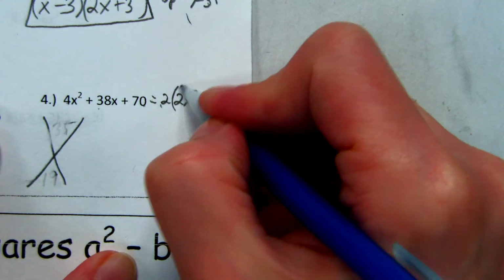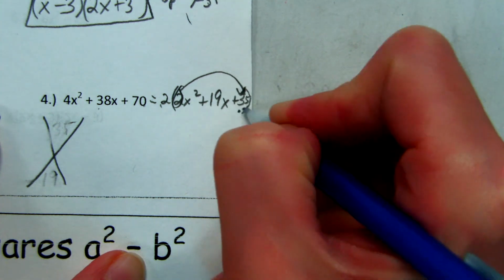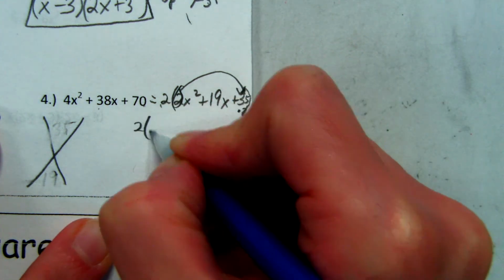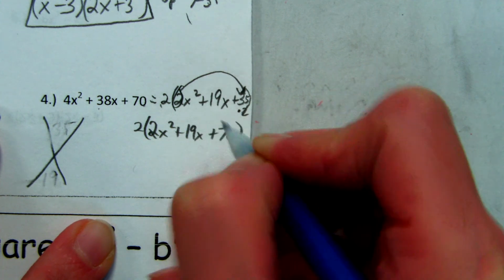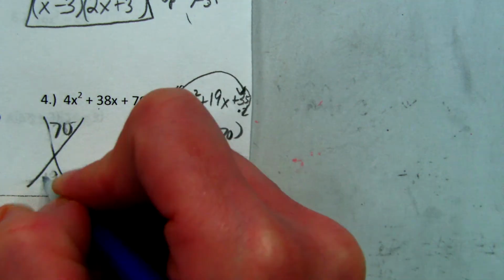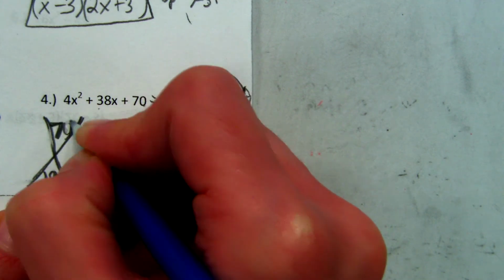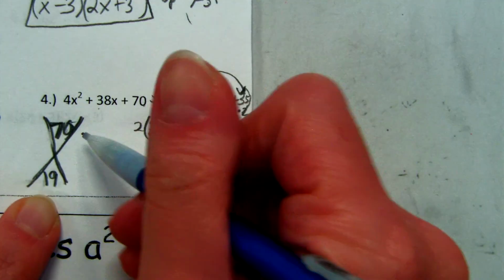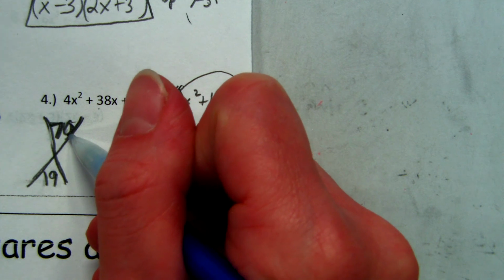So we got to slide the 2 down here. I'm like, why isn't this working? And so take 35 times 2. So it's going to be 2x squared plus 19x plus 70. So we're actually going to have 70 and 19, and that will work a little bit better. So 70, if we think about what makes 70, I've got 1 and 70, 2 and 35,